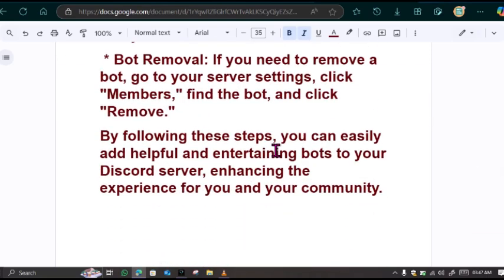If you need to remove a bot, go to the server settings, click Members, find the bot, and click Remove. By following these steps, you can easily add helpful and entertaining bots to your Discord server, enhancing the experience for you and your